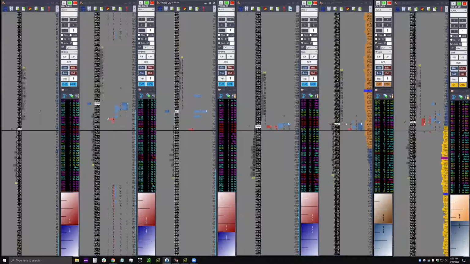It's about reading flow. And I can see some right now that's readable, and again, the exercise of just scanning your domes and looking for opportunities is a fun one. So I just got short here. And just because of the spread on YM, by getting filled, I made $30. I didn't even have to get a tick, because all I had to do was get filled on the sell side. And because this spread is so wide, I automatically was profitable. So that's another technique. But you've got to be careful with that, because you can also get very upside down when it's this thin. But that was a good example of that right there, and a fun one.